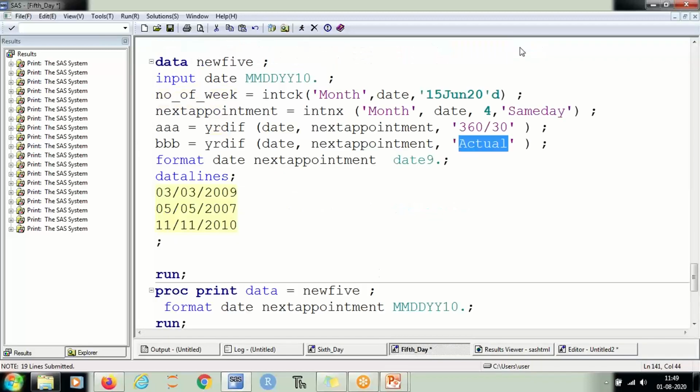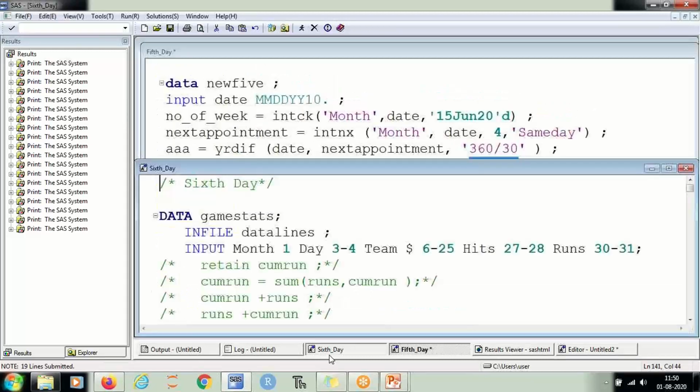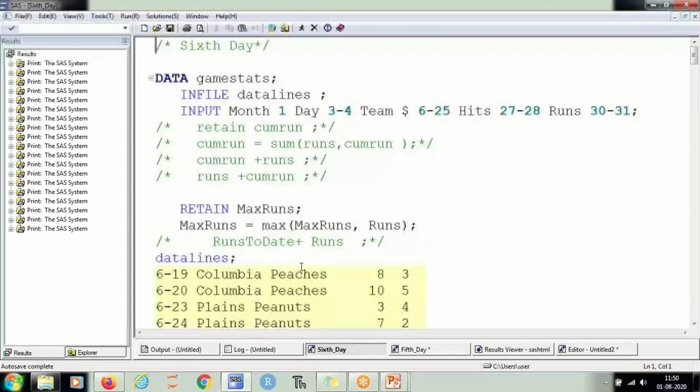Now I am going to teach you the retain statement and sum statement. There is a difference between a statement and a function, right? Let me go screen by screen.